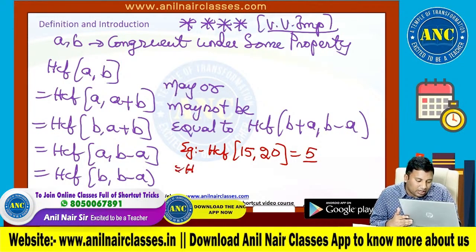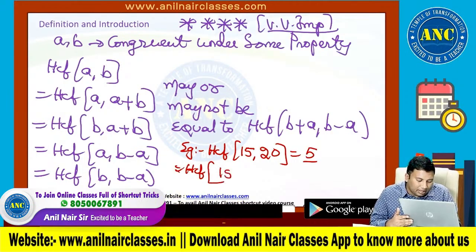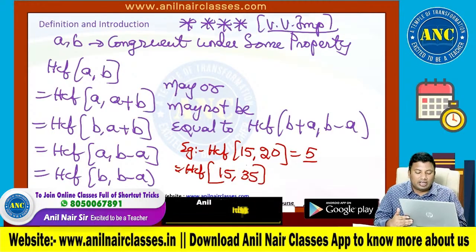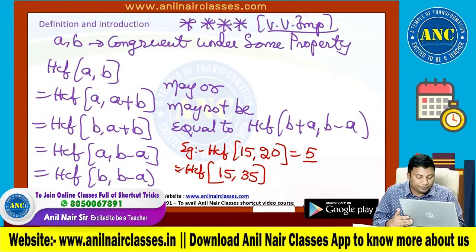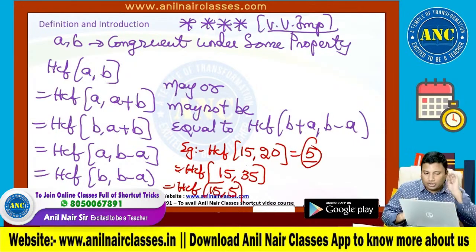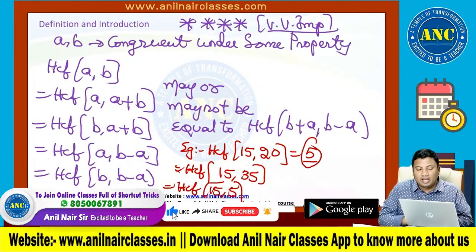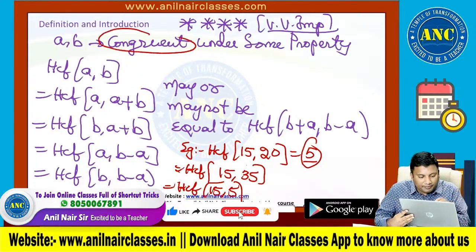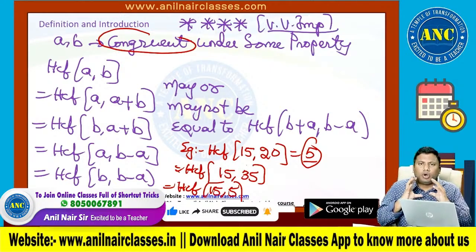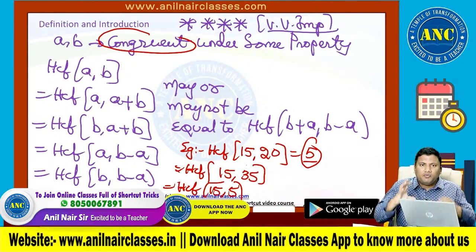It is also equivalent to HCF of 15 plus 20, which is 35. 15 and 35 HCF is 1. HCF of 15 comma 20 minus 15, which is 5, is also 1. Which is also 1. In this case, Naveen, congruency means,